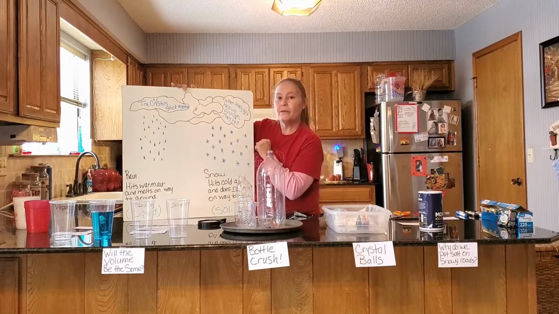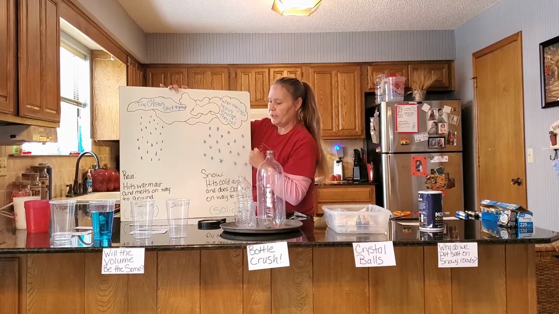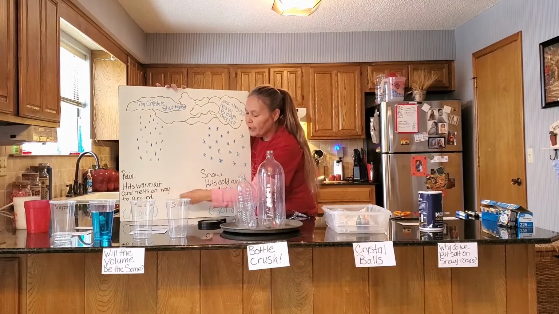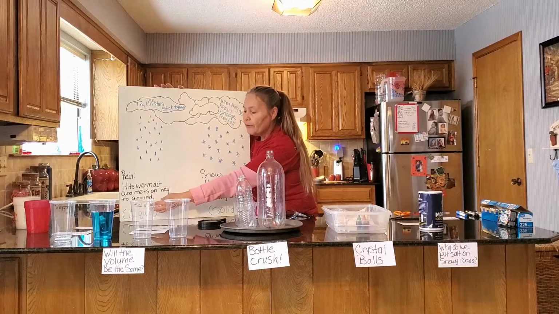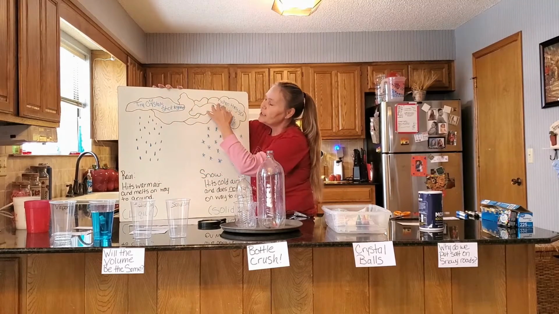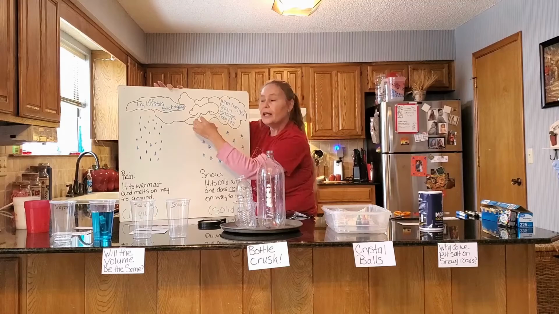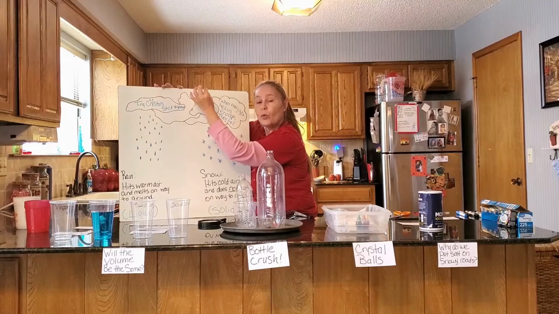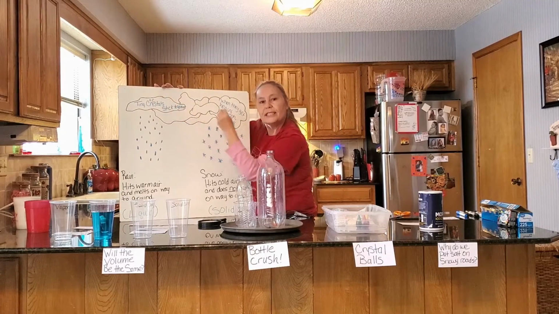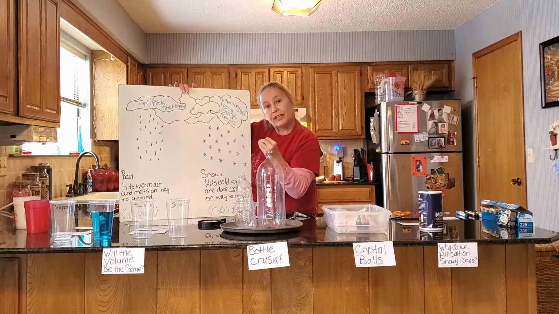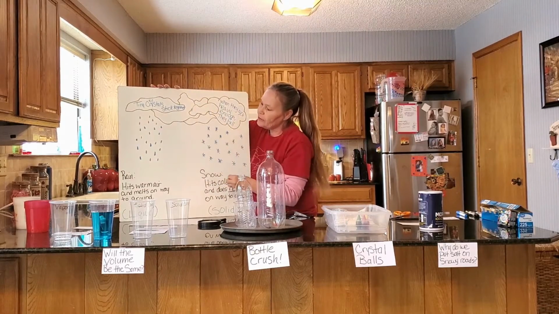So I have my wonderful chart and I have some clouds up here. Now think of the water cycle, and when we have our rivers and our lakes down here and they start evaporating, when the sun comes out, warms things up and the water starts evaporating with that vapor and they come up into the sky, that's what forms the clouds. It's cold up here. So the water molecules, the little water droplets freeze, and they start sticking together. And then once they stick together enough that they get heavy, they start falling out of the clouds.